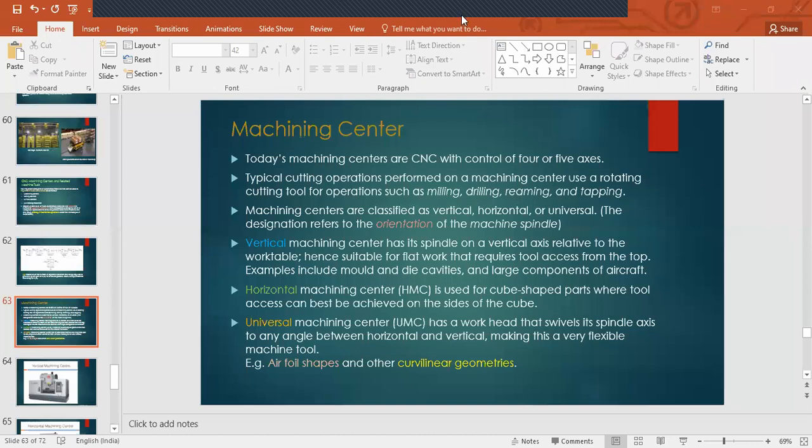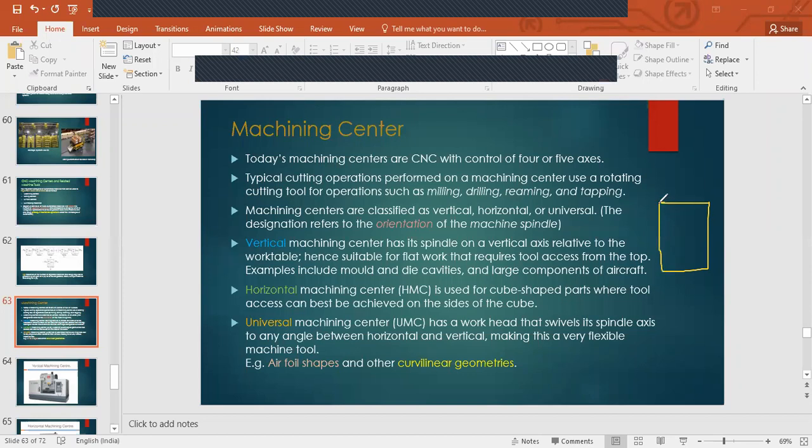If you have observed, the sides of that mold are solid, material is removed in between as per the shape of the die, as per the shape of the product that you want to mold, right? So it requires access from the top. So that's what is meant. Clear, right?